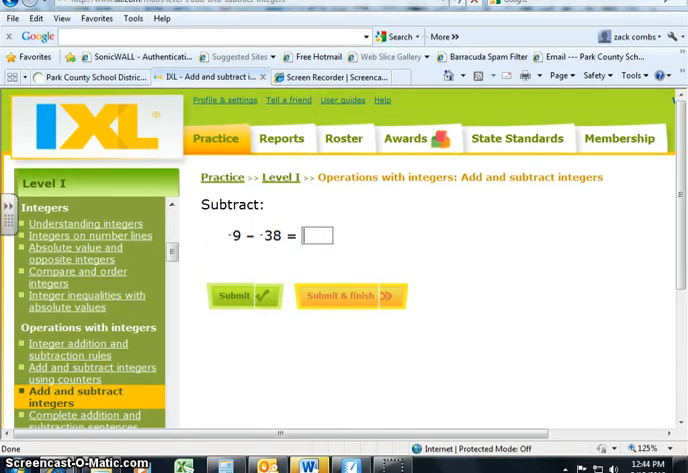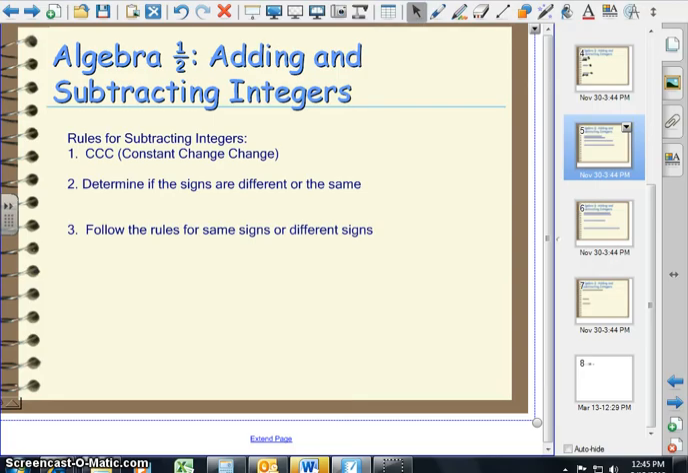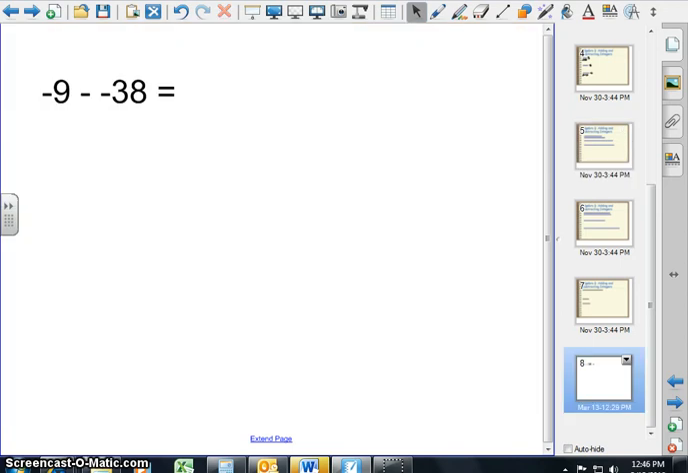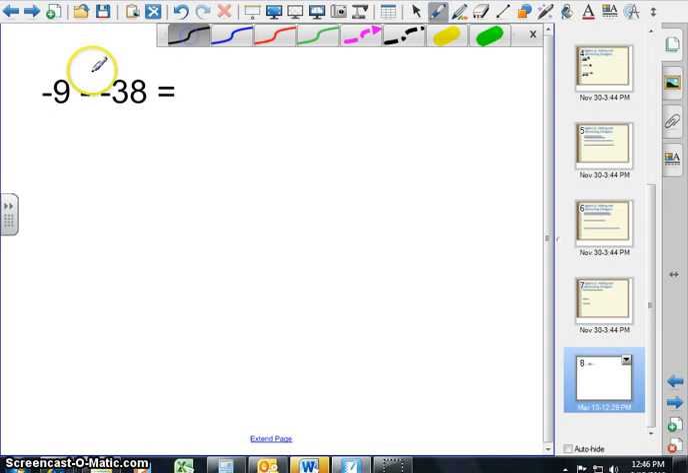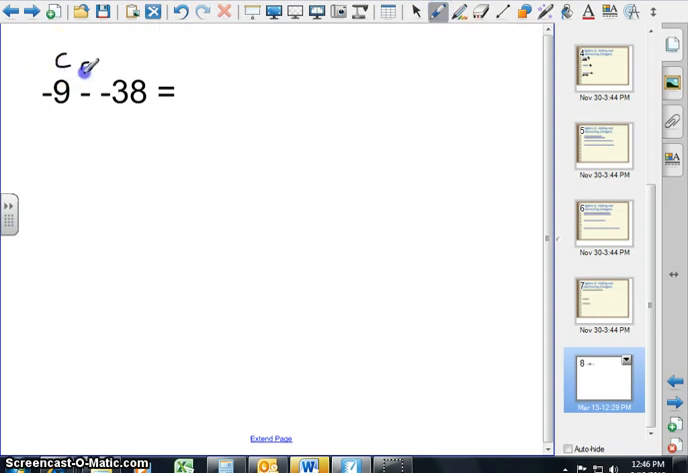Alright, our final example on adding and subtracting integers. I have a -9 minus a -38. So in this example, we are subtracting integers. Rules for subtracting integers. Step 1, CCC, constant change. Step 2, determine if the signs are different or the same. Once you've determined the signage, then you go to step 3, where you either follow the rules for same signs or different signs. As you can see, we're subtracting our integer here, so we have to perform our operation constant change,